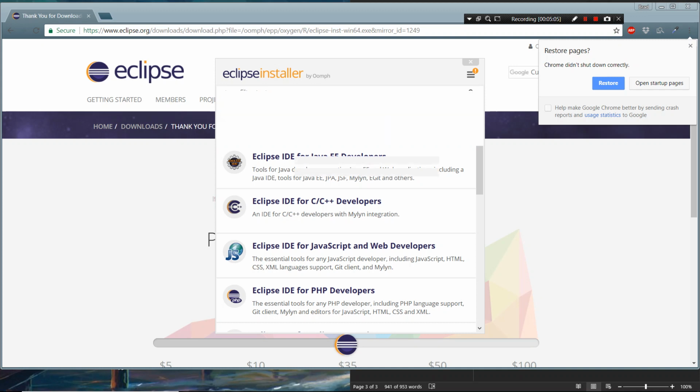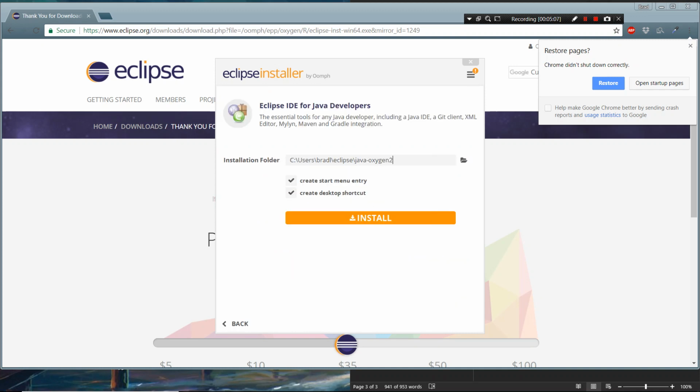So if you select that portion, what you'll get is the installation folder where it's going to install, and whether or not you want to create a start menu entry and create a desktop shortcut. If those are all good for you, you can just click install. You can change the installation location. If you do,